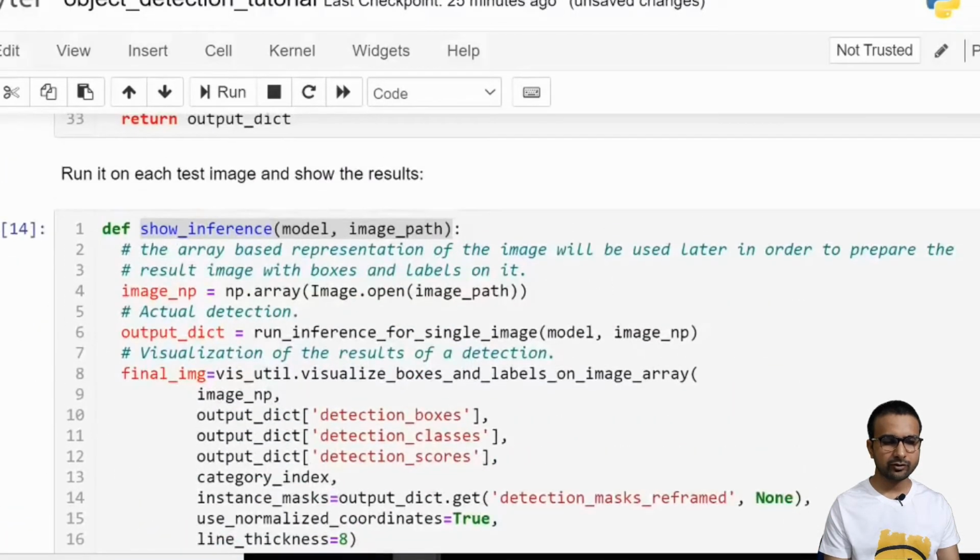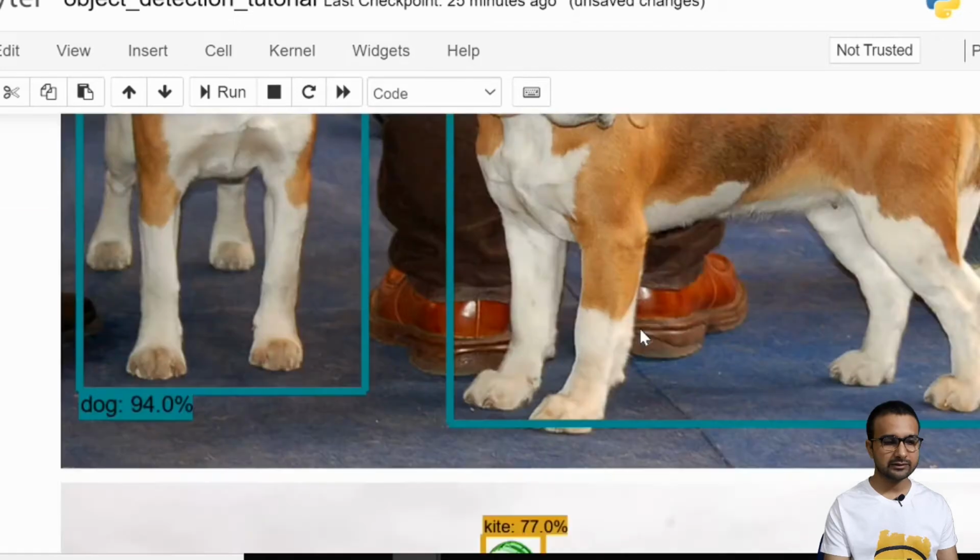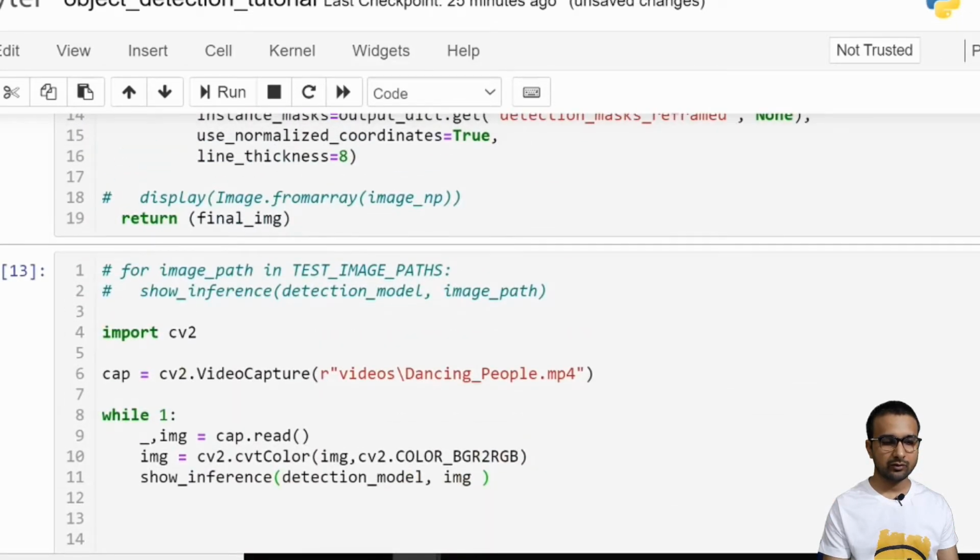Now if we go back to our function, actually it is reading this image path over here. We do not want this to happen, so I will just remove this one. This image np is the image which it has read from the given path. So instead of this image path, I am going to give image np, because we are directly passing the image. CV2 is taking care of reading the image, so no need to do that. Just run this.